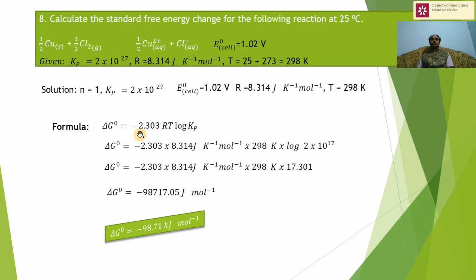G naught. What is the relation? Delta G naught is equal to minus 2.303 RT log Kp. So 2.303 into R, which is 8.314 joule per Kelvin per mole, and T is 298 Kelvin, log of 2 into 10 to the power of 17, that is the Kp value. Now, log of 2 into 10 to the power of 17 is 17.301. Then you have to multiply all these values. You will get